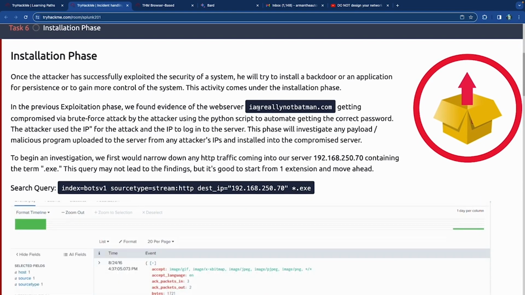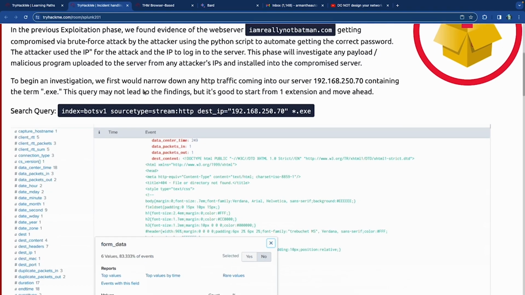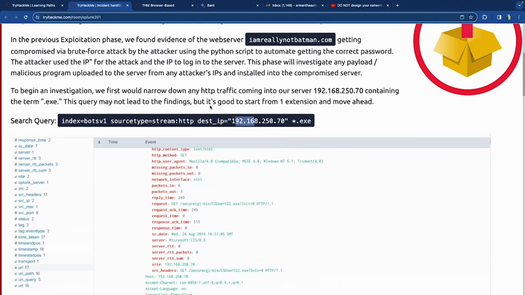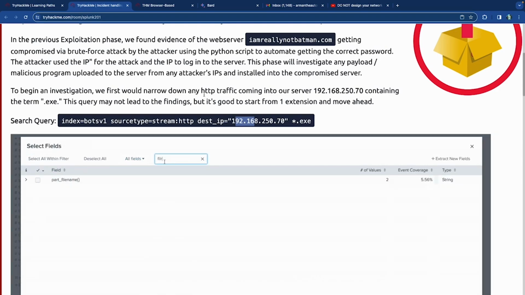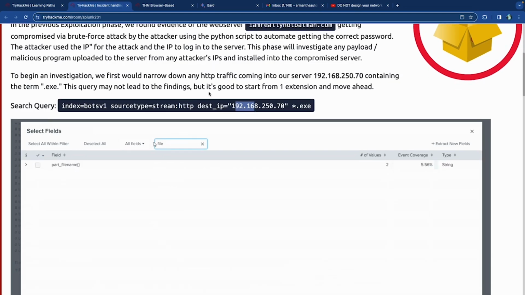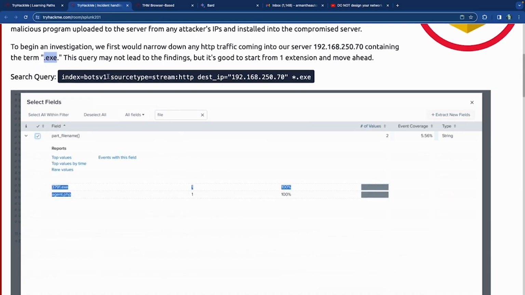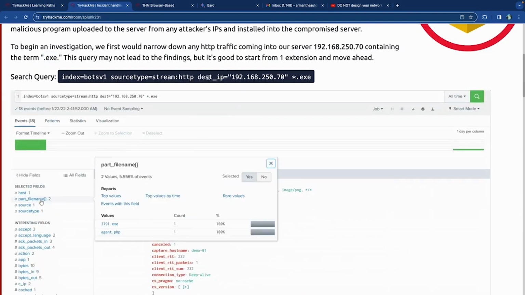So we found evidence that this was getting compromised via brute force. We found the destination IP, and we found the 2 IP addresses that were doing the attacking. Now we need to narrow down anything coming into the server containing an executable. .exe means an executable. So the query for that is the index, the source would be the stream HTTP, destination